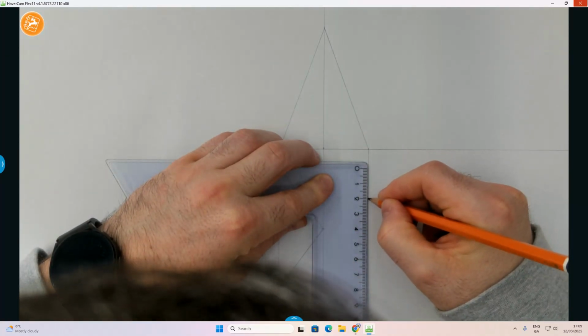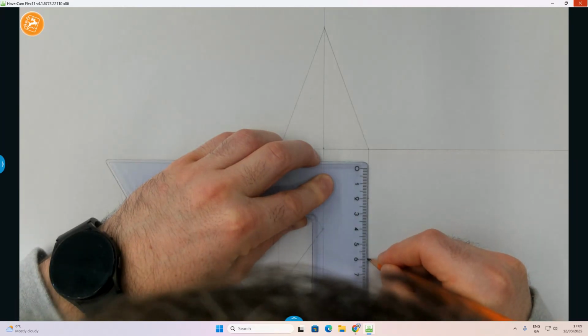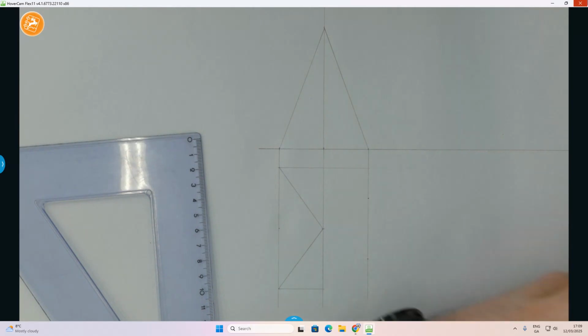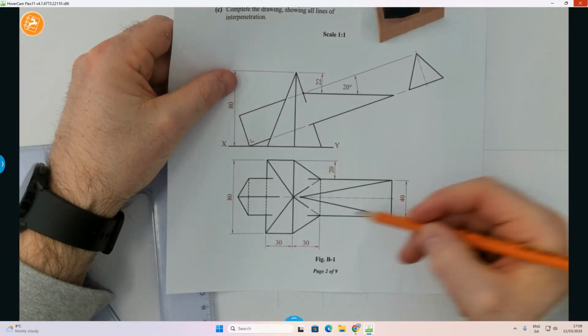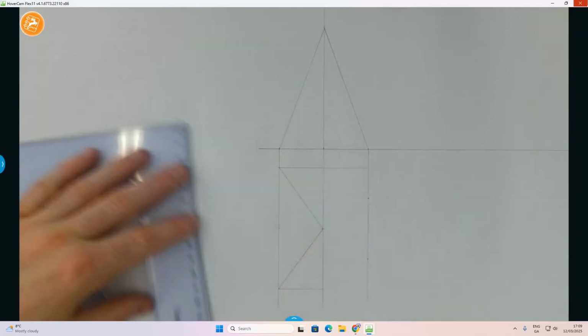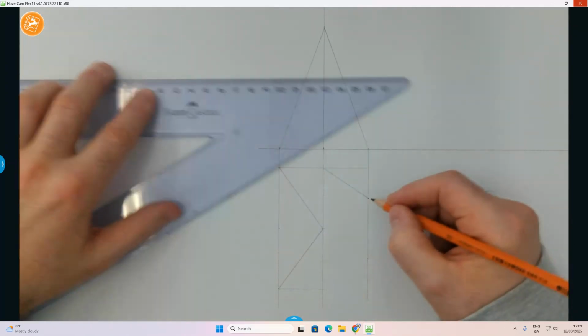And because the overall length is 80, if I go another 40, as far as the 60, you'll see there where that measurement comes from. There's the 20, but there's the 40, and we would have 20 left over here. And now all I'm going to do from there is connect this up,